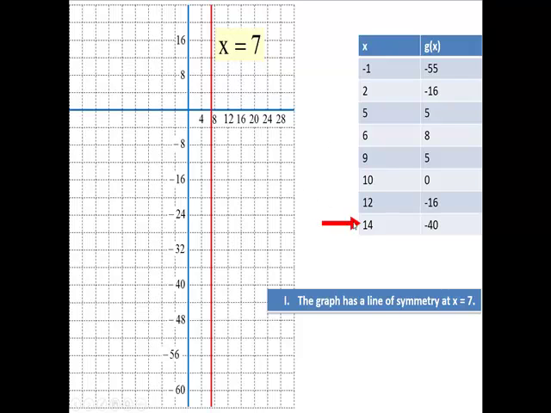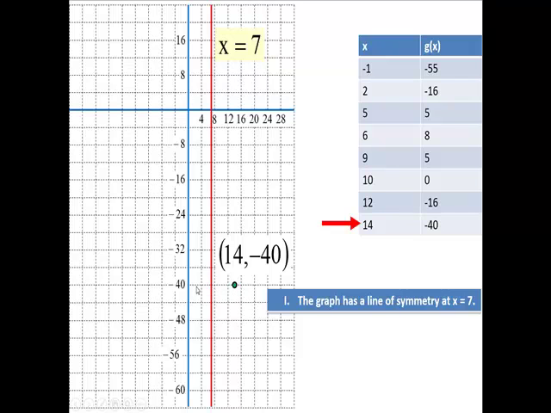Now, look at the point where x is 14. Let's see, there's 4, 8, 12, and 2 more makes 14. You're right there. That's 14, negative 40 lies about right here. So I've graphed this point now. Now, from 7 to 14, that's 7 units, isn't it? This is where x is 7, and here x is 14 right here. So that's 7 units. If you go back 7 units to the left,